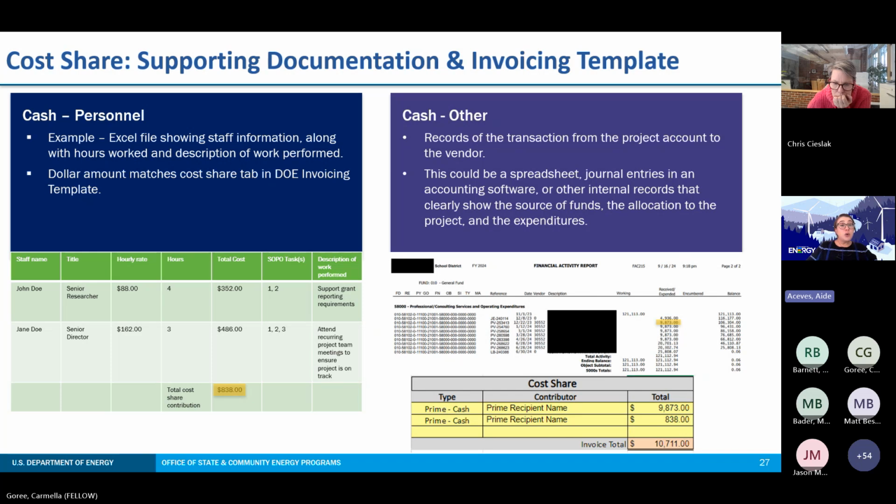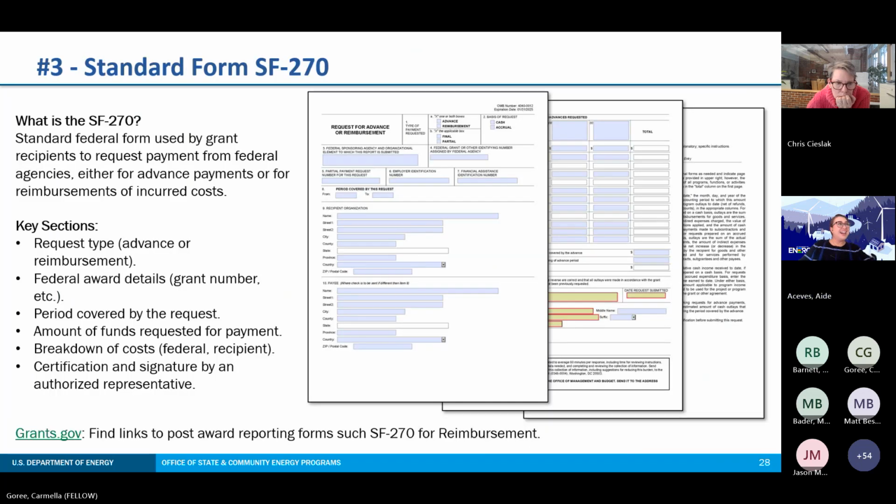And again, just to check the total amount of cost share dollars required on the invoice, that's determined by the percentage in your T&Cs. Your dollar amounts in the supporting documentation should match what is listed in the cost share tab of your invoicing template. Next slide, please. All right, so now that we have walked through the invoicing template and supporting documentation examples,